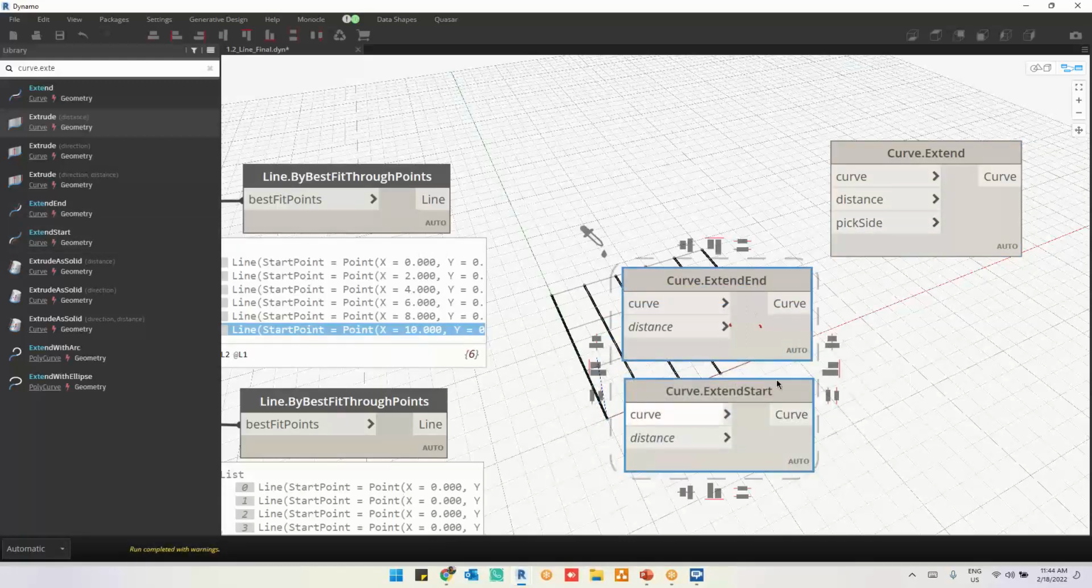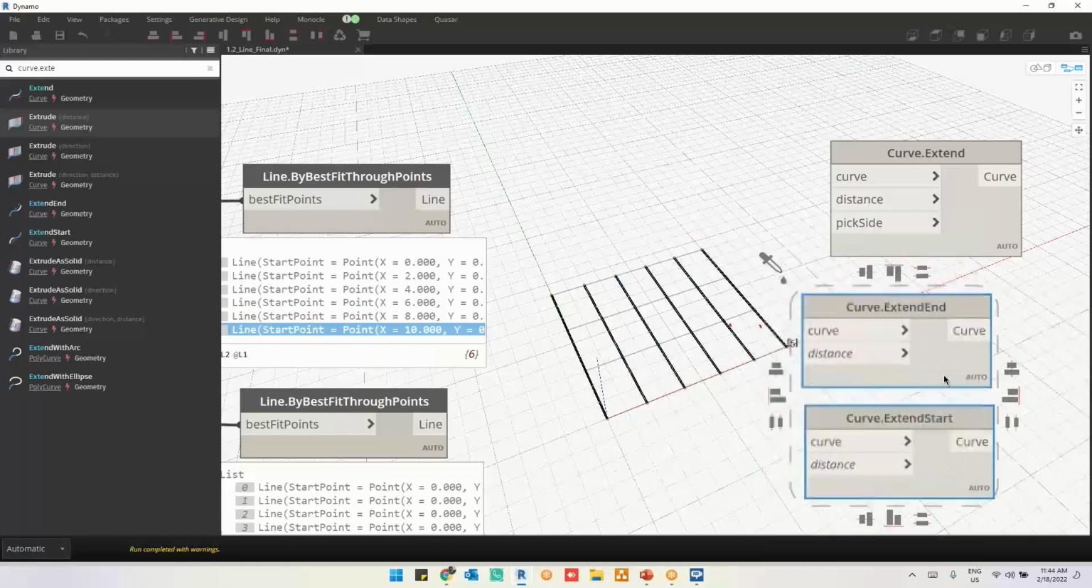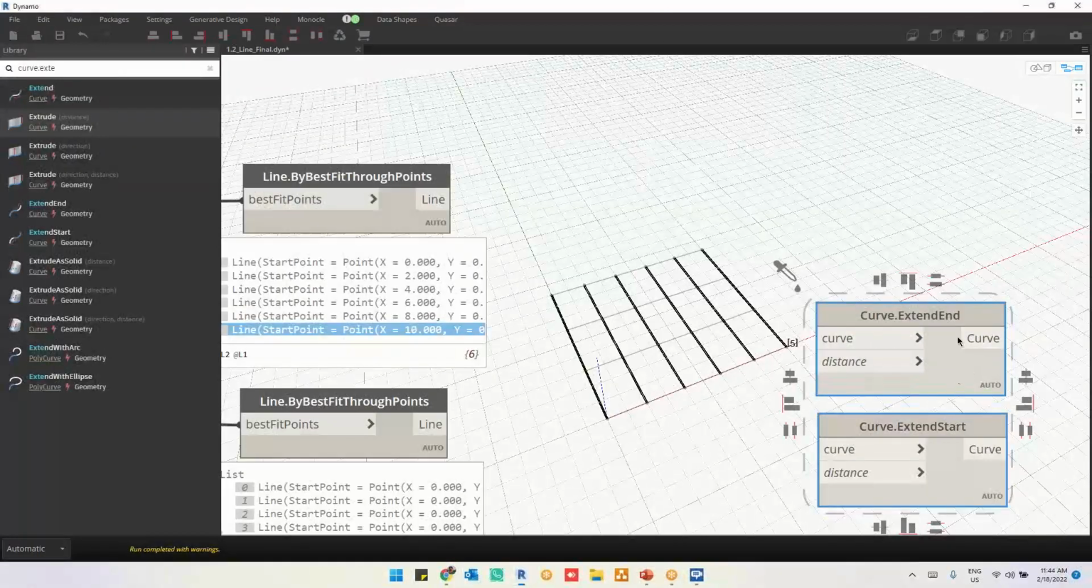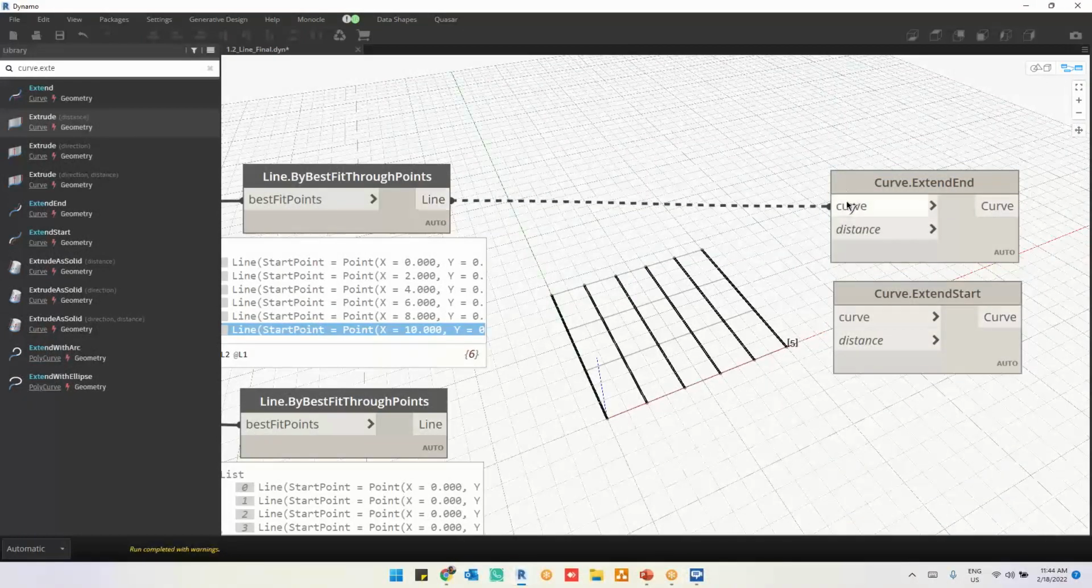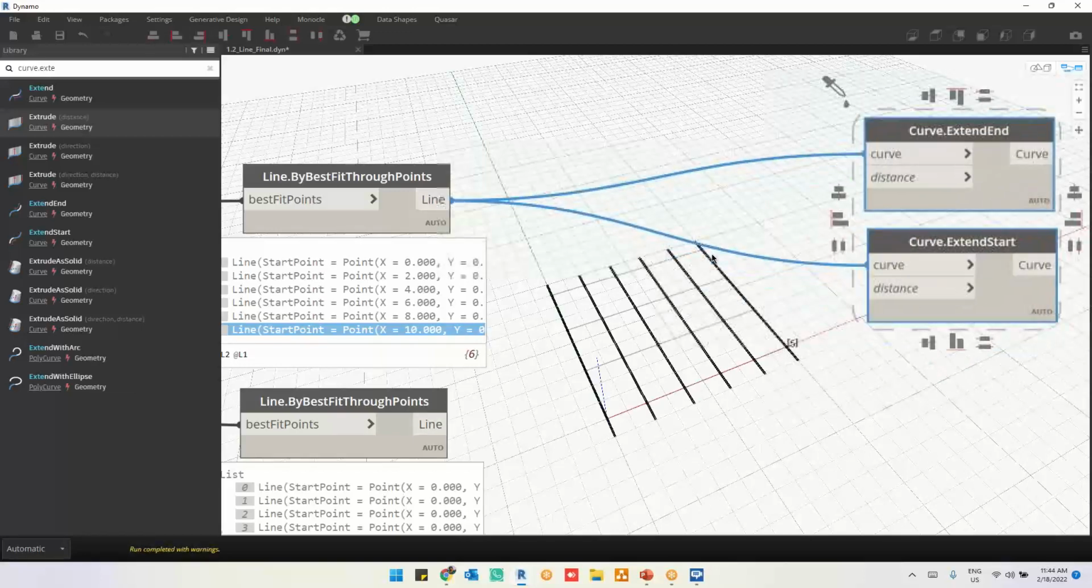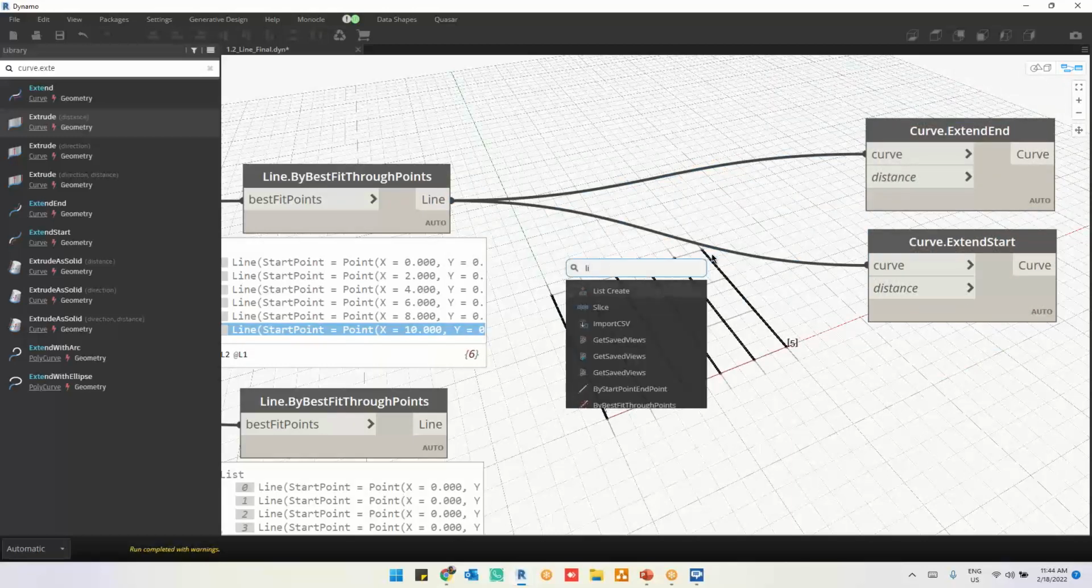Let me check. I want to extend these curves. Here are all the drawings. I have a curve. So they have extended, and extended on the other side. Okay, well, let me connect this, or else I can create a